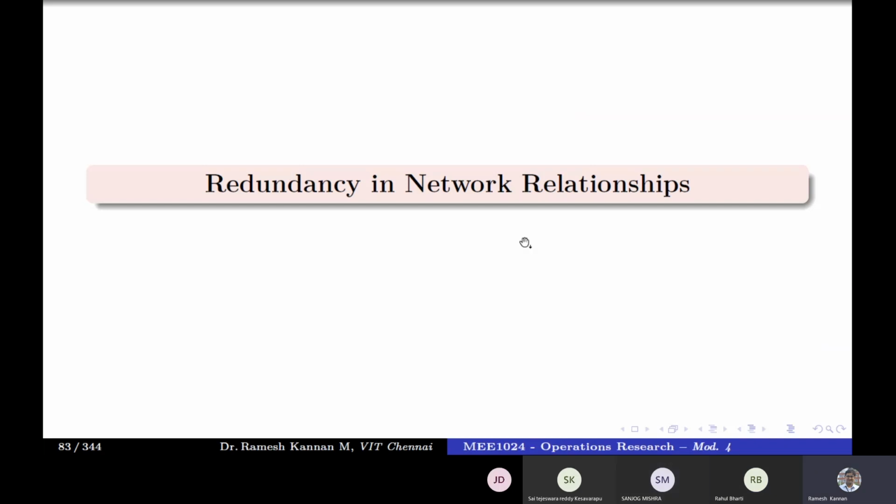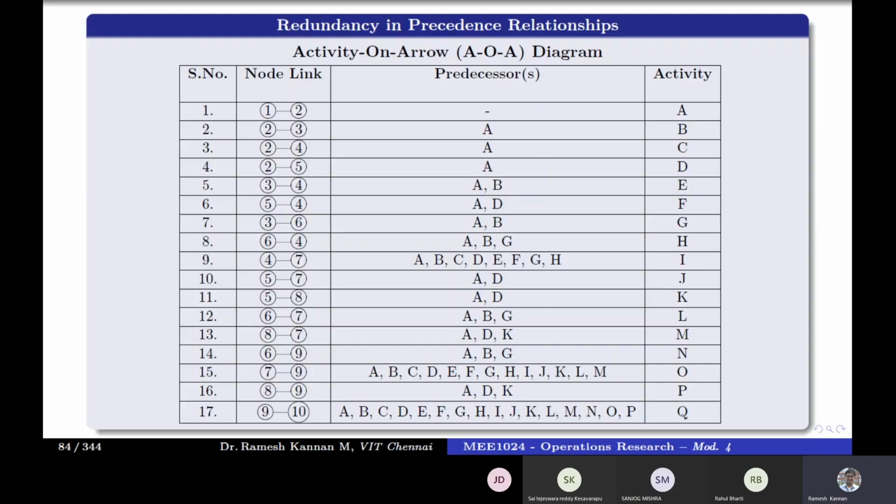Now what we do is we will try to create the same network diagram by removing the redundancy. Okay, so this is the overall picture. This is what we will generally give in an exam. And one more thing is we also don't give the node link. The node link is for illustration purposes. We'll only give predecessors, activity, and successors. When you have predecessors and activity, you can still create the network by forward pass. Or if you intend to create the network diagram using backward pass, then you need the successor relationship. Okay, this is a little confusing, so you can pay more attention to it.